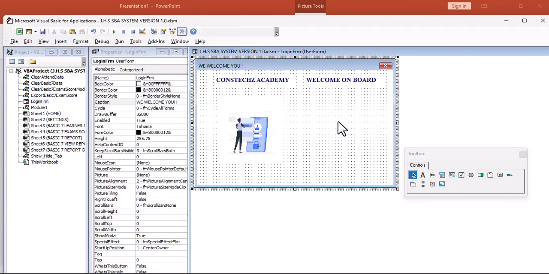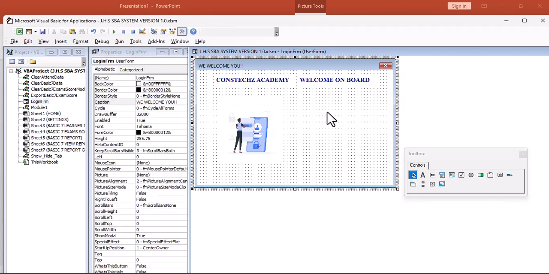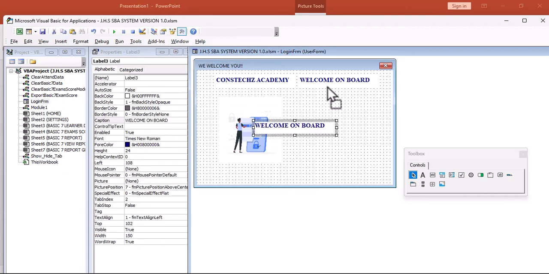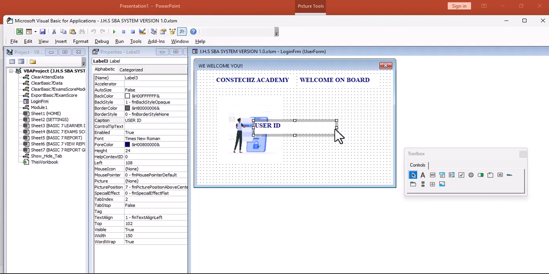That's good. Now let's click here and copy it. Position it well again. It should be okay. Go and copy, Control C, Control V to paste. Now change this one, the caption, to user ID, and resize it and put it here,